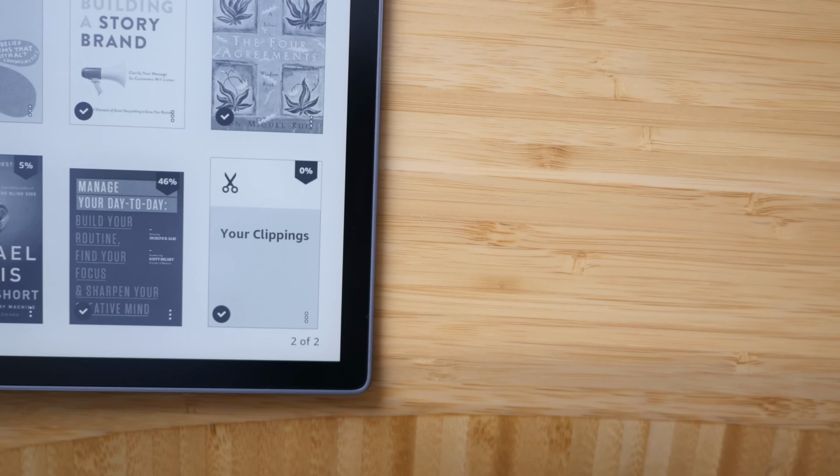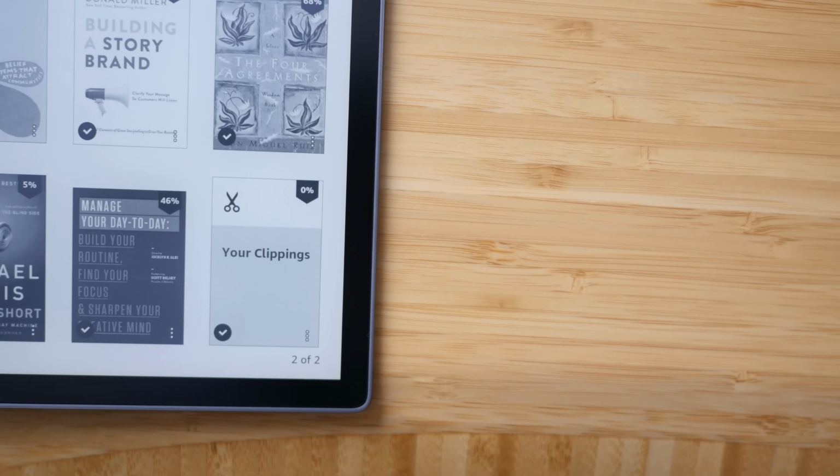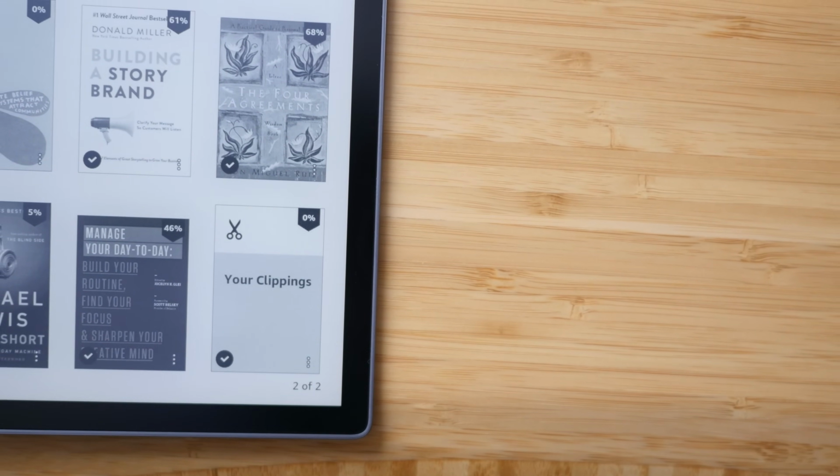Next up, we have the category of bougie bookworms. This is the category that I fall under myself, which is why I'm comfortable calling it the bougie bookworms. And I want to say everything under this category is definitely nice to have, but is by no means a requirement. You really are hitting the law of diminishing returns at this point. You're getting some nice quality of life upgrades for the money that you're spending. Basically, this category is meant for people who have a little extra cash